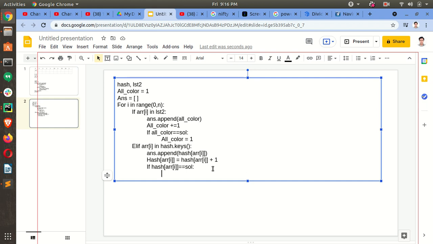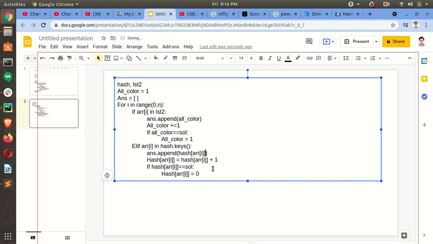Maximum number of numbers we can color using any one number. Okay, and this maximum number will be equal for all types of colors. Okay, so sol is that number. So if it is equal to that sol, then we will simply make hash arr[i] equal to 0.